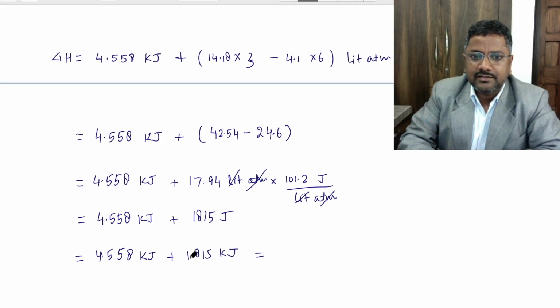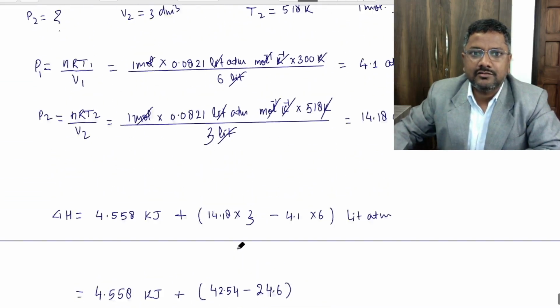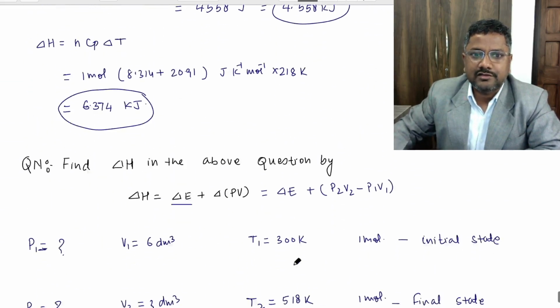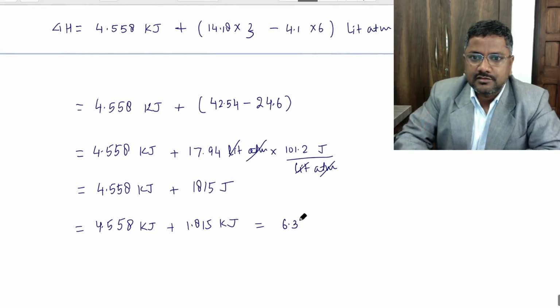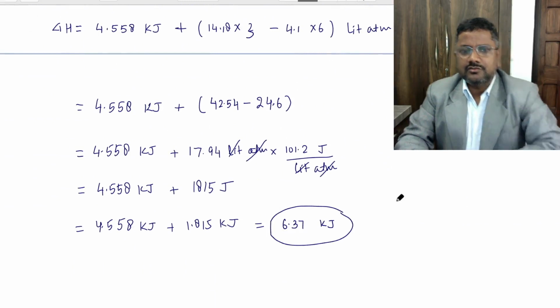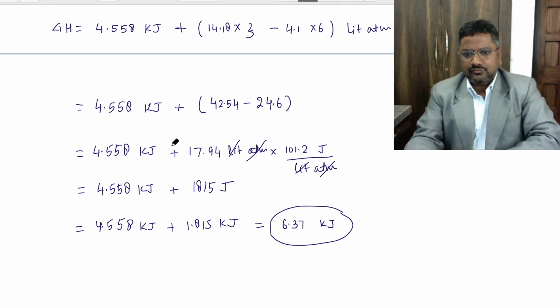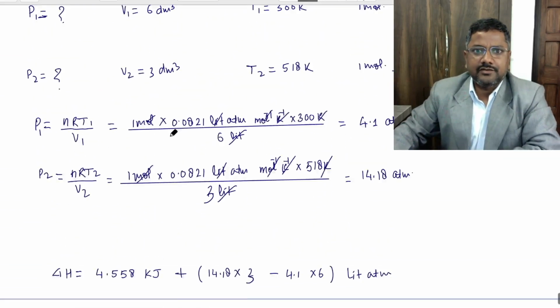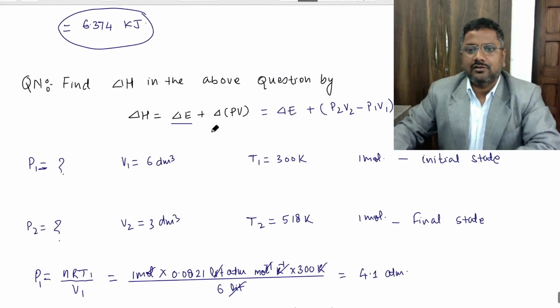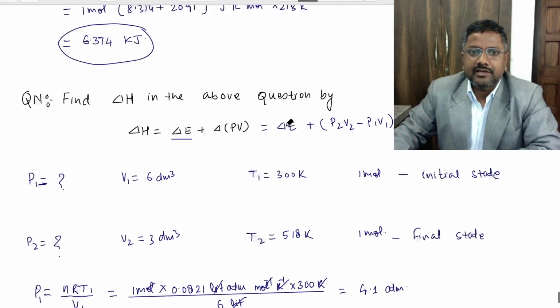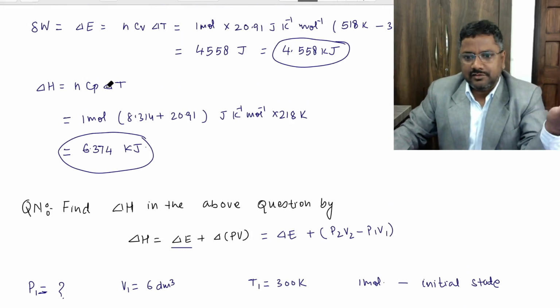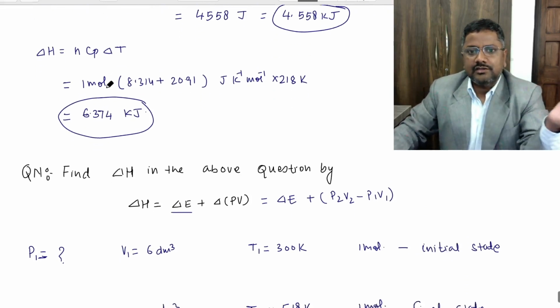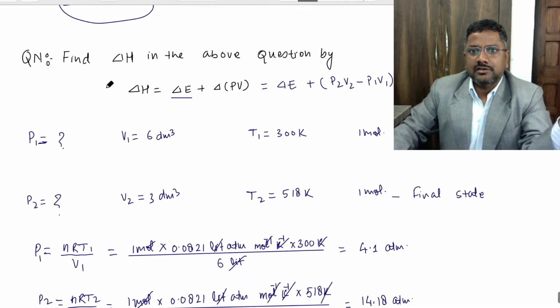If you add this, you will get the same value, 6.37 kilojoules, right? Whether you are calculating with the formula delta H is equal to delta E plus delta PV, or with the help of the other formula, both will give you the same result. So in this way you can calculate this type of